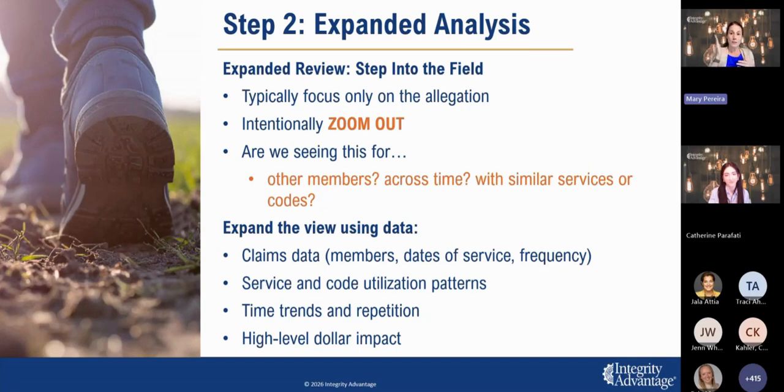When it comes to the allegation, we can expand upon the allegation itself to say, okay, we were able to validate it for this one member data service in Kat's example. Is this happening across other members, across time? Are there similar issues or services that we're able to identify? And how do we do this? We do this using the claims data, utilization patterns, time trends, peer analysis,